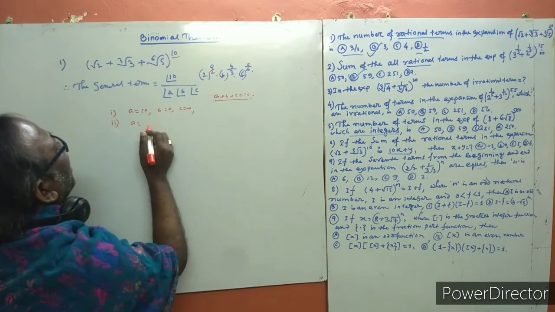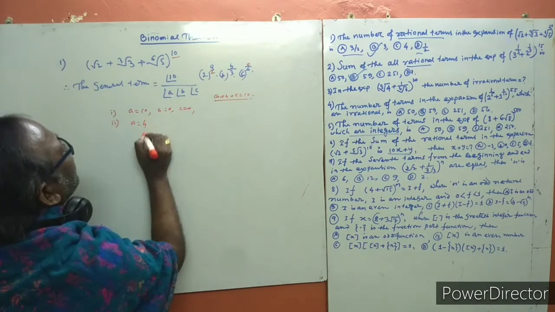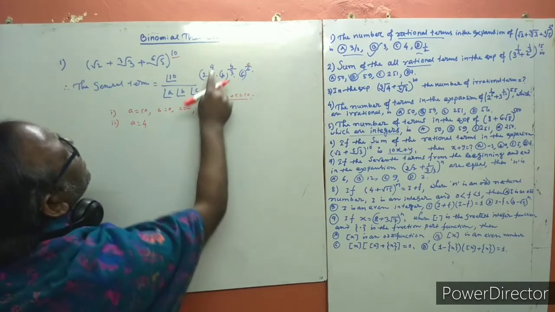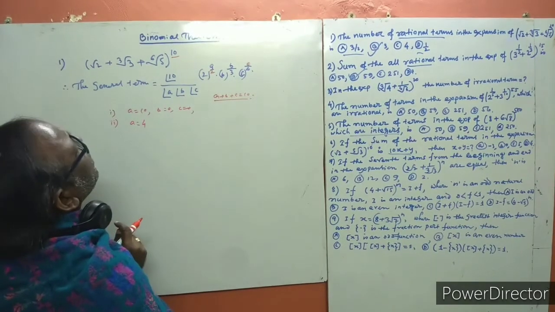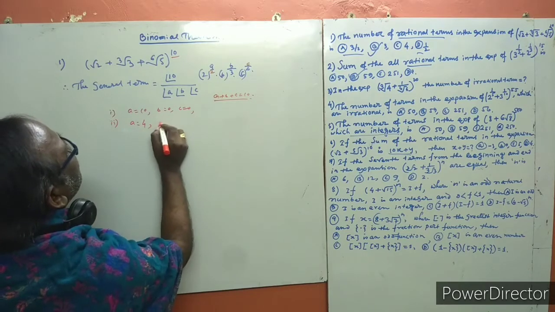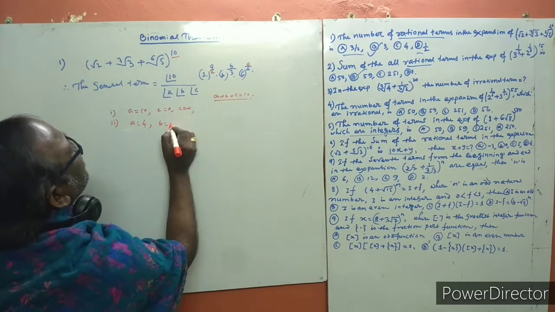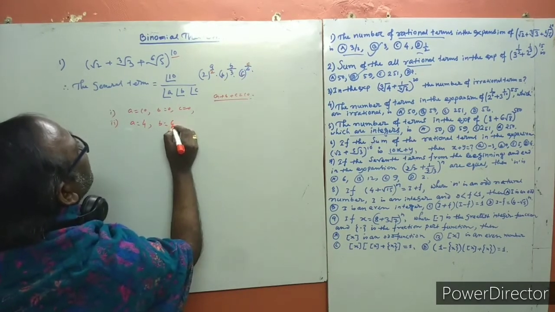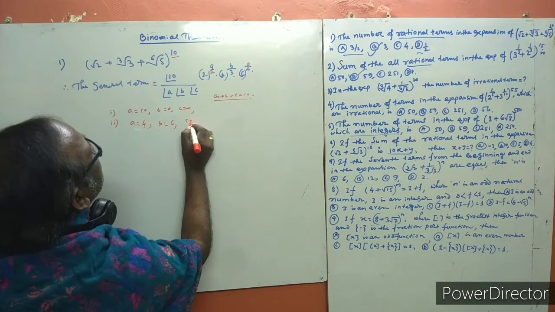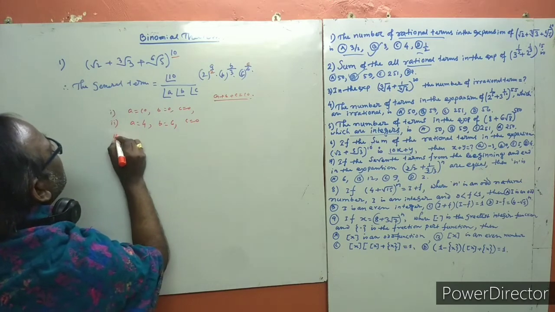So if we take A as 4, then it is divisible by 2, so B is equal to 6 by 3, that is 2, and you can also take 6 here, and then C is 0. Okay, number third,